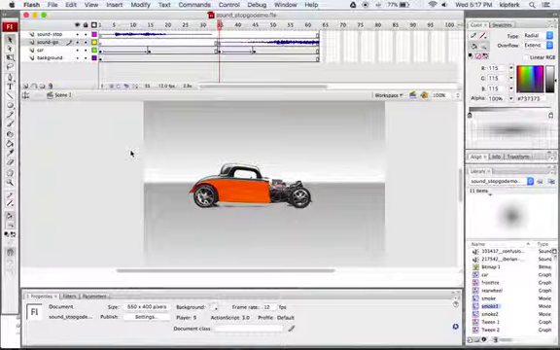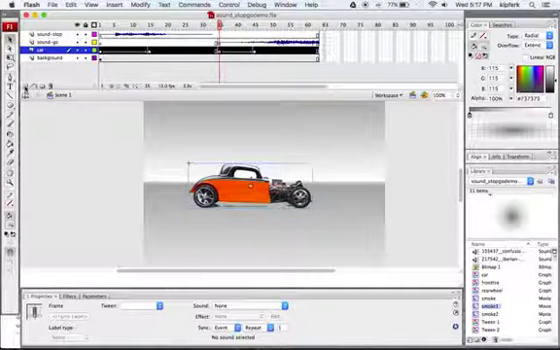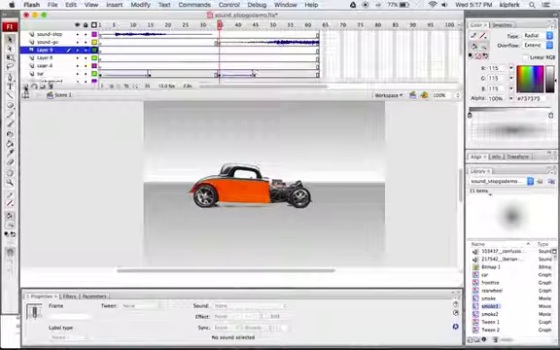So here we are recording the second part to our sound import and car burnout animation. And what we're going to be doing is just adding a few of the finer details to this animation to really give it a good feel and a realistic feel to it. So what we're going to start by doing is adding in a couple new layers, 3 new layers to be